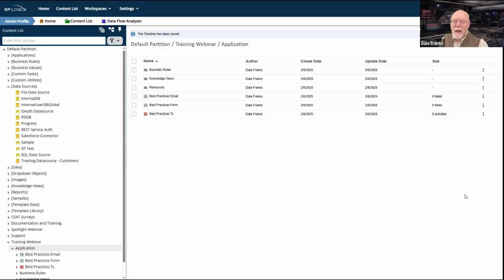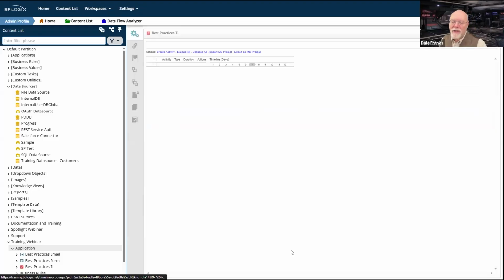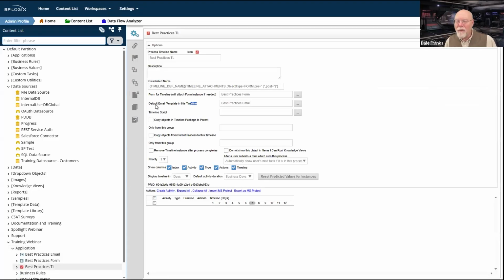process. I should point out that even though we have set up a default email template in this timeline, does not necessarily mean that this is the only template that we can use. We can use as many email templates as we want. We can apply templates both at the process timeline level.